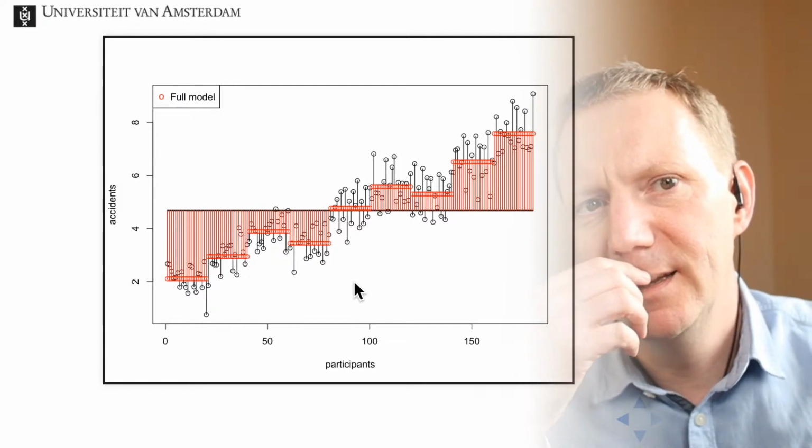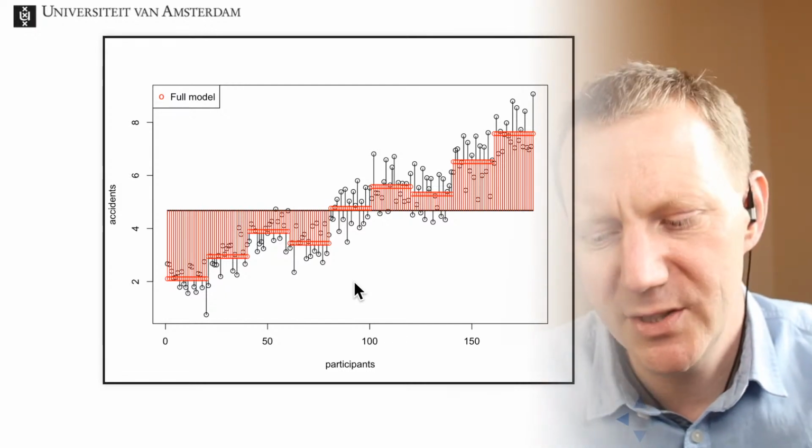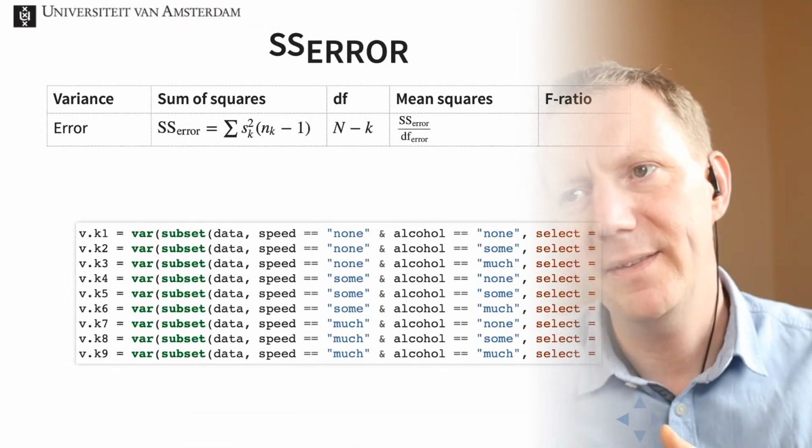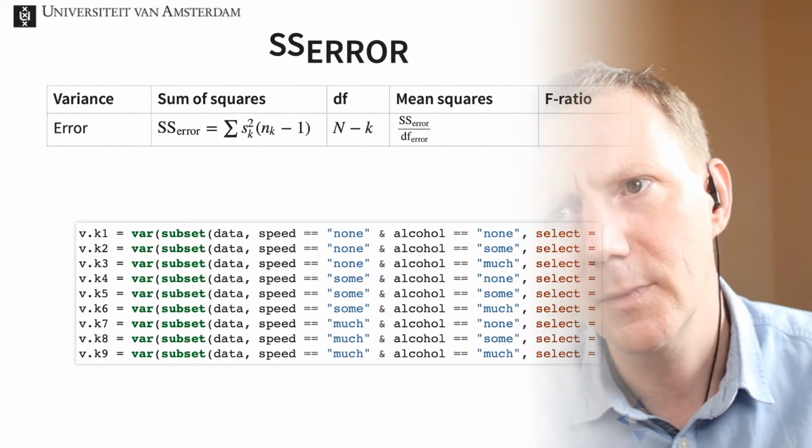So this is the amount of explained variance that you find in your model. So if we look at the error term,